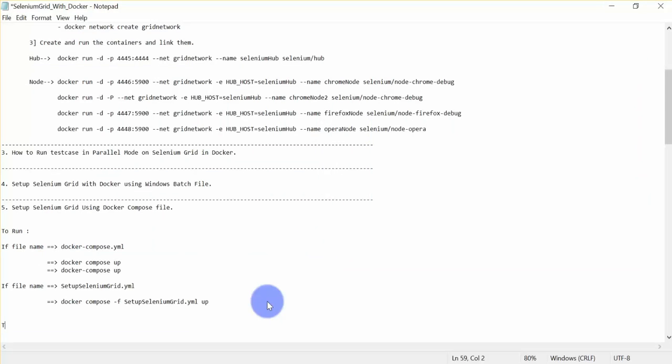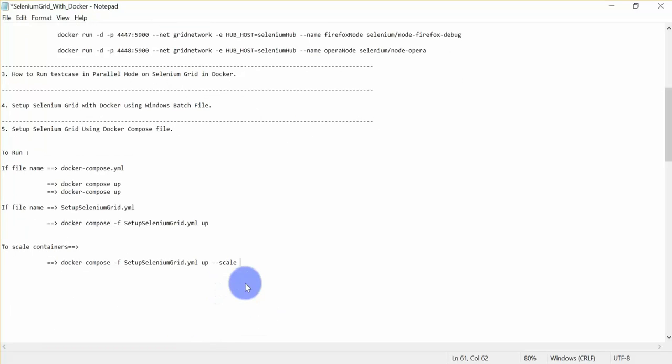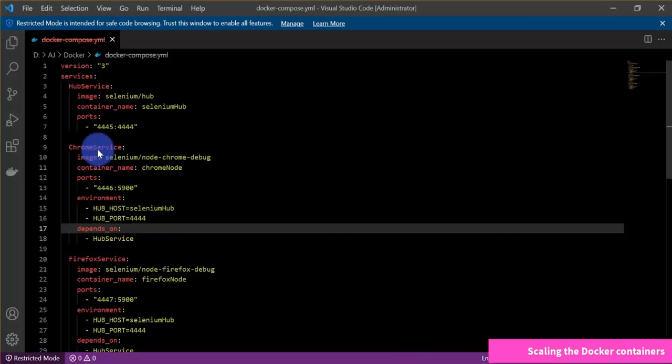So to scale containers, what we have to do is use the same command. Only at the end we are going to use this --scale flag. Okay, then provide the service name you want to scale. So let's say I want to scale my Chrome service. So copy this name